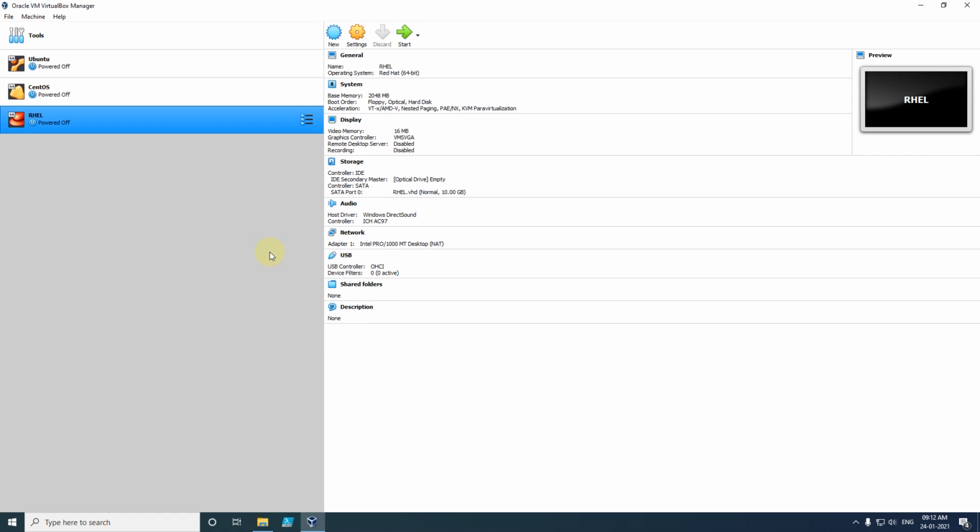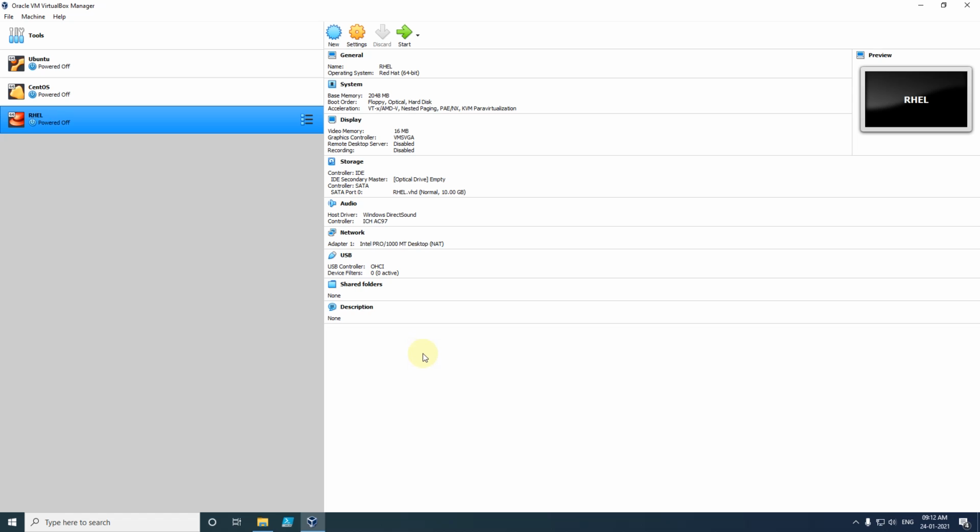As soon as I have clicked on Create, our virtual machine got created, and on the right side you can see all the configuration, like the name of your VM, the operating system, the base memory, boot order, acceleration, video memory, storage, audio, network, USB, and all other information.